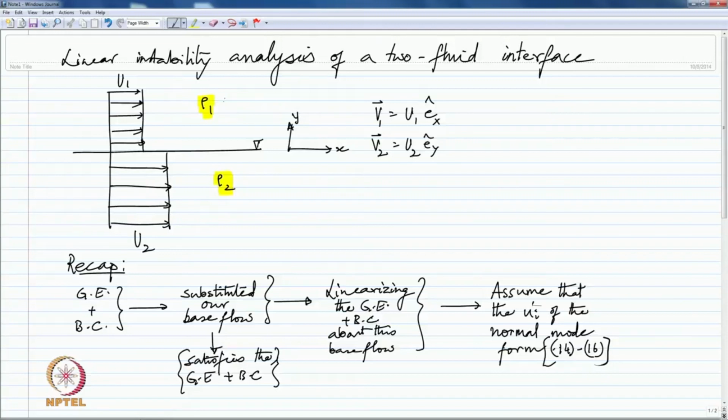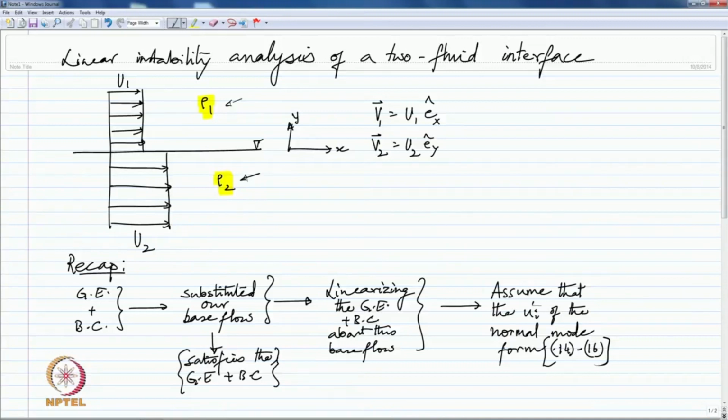Say I have a fluid of density rho 1 superimposed over another fluid of density rho 2. The fluid of density rho 1 is moving with a velocity u1, the fluid of density rho 2 is moving with a velocity u2. Rho 1, rho 2, u1, u2 are all constants. We started with our basic governing equations and boundary conditions, and we quickly substituted this base flow given by rho 1, rho 2, u1, u2 into the governing equations plus the boundary conditions to check that it satisfies the equations,